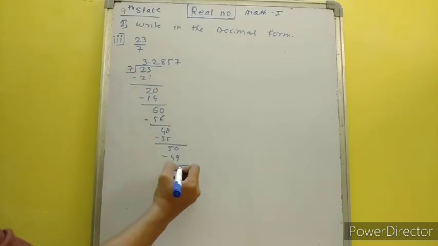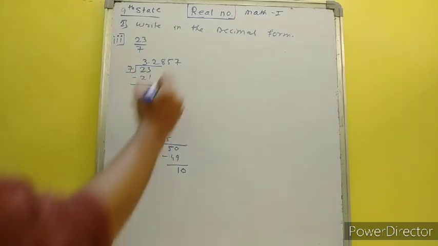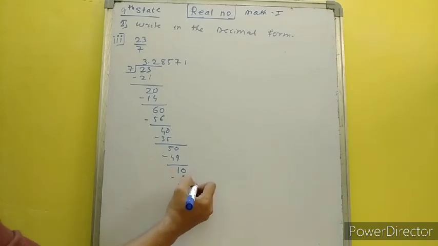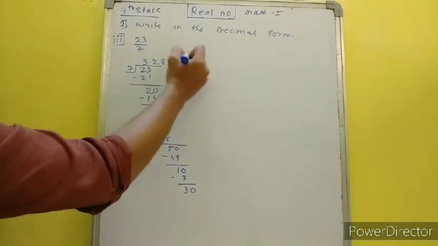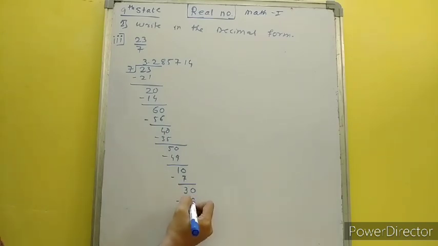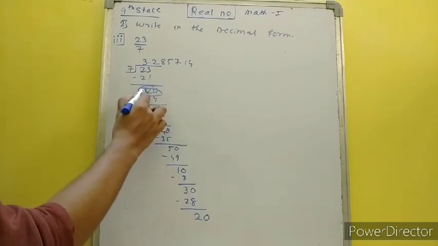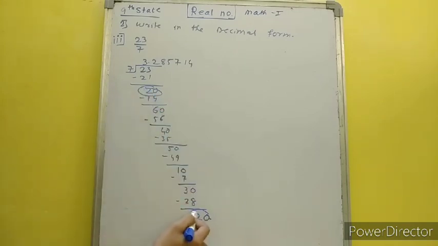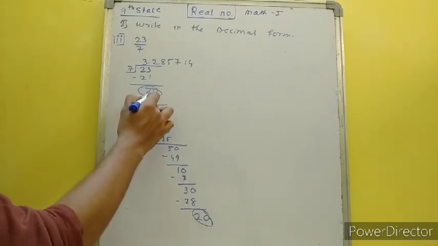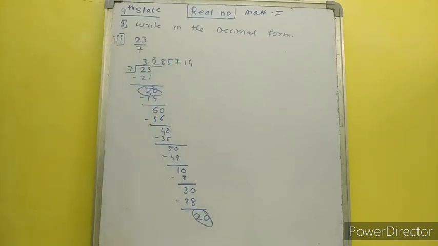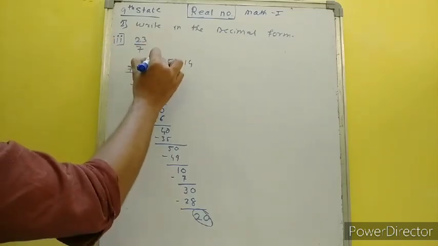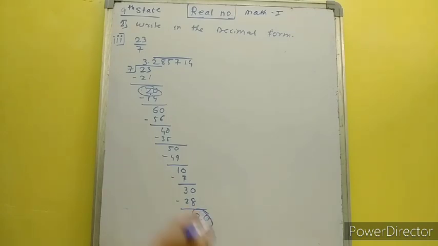The numbers are not getting repeated yet. So 0. 7 1s are 7. We have 3. Again 0. So 7 4s are 28. We have 2, 0. Okay. Now we got 20, and here also we had 20. Whenever I get the same number again, this number will be repeated from 7 2s are 14, that is from over here. So I can say that it is recurring from here. You can try it if you want.